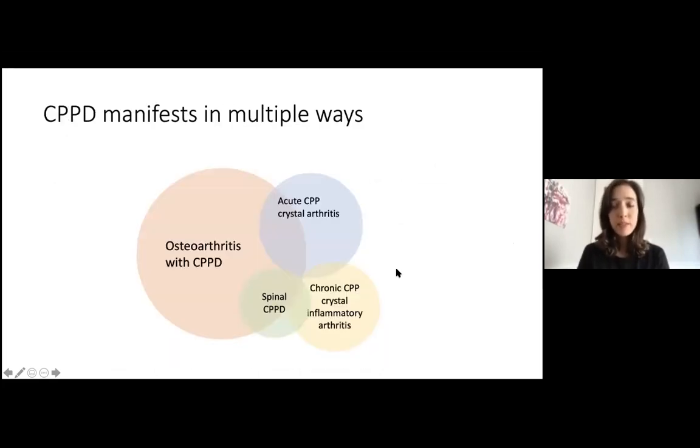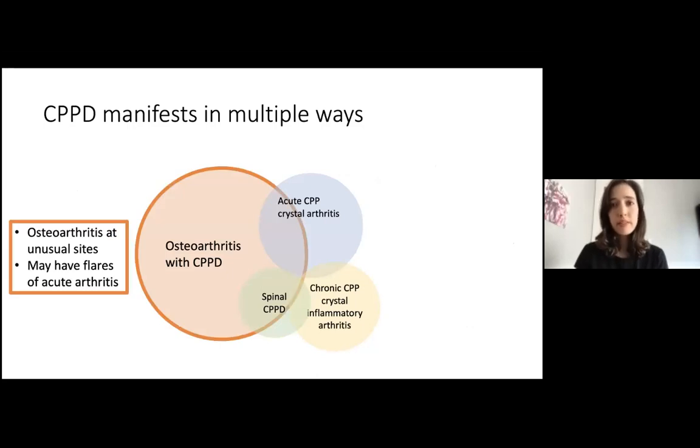CPPD manifests in multiple ways, and this is going to be an important point to remember for our discussion today. The most common way that CPPD manifests is an overlap with osteoarthritis. This means that patients with osteoarthritis and CPPD have osteoarthritis at unusual sites. For example, in the upper extremity, they may have osteoarthritis of the wrist or of the shoulder, which is uncommon in primary osteoarthritis. These patients may also have flares of acute inflammatory arthritis due to CPPD, which brings us to